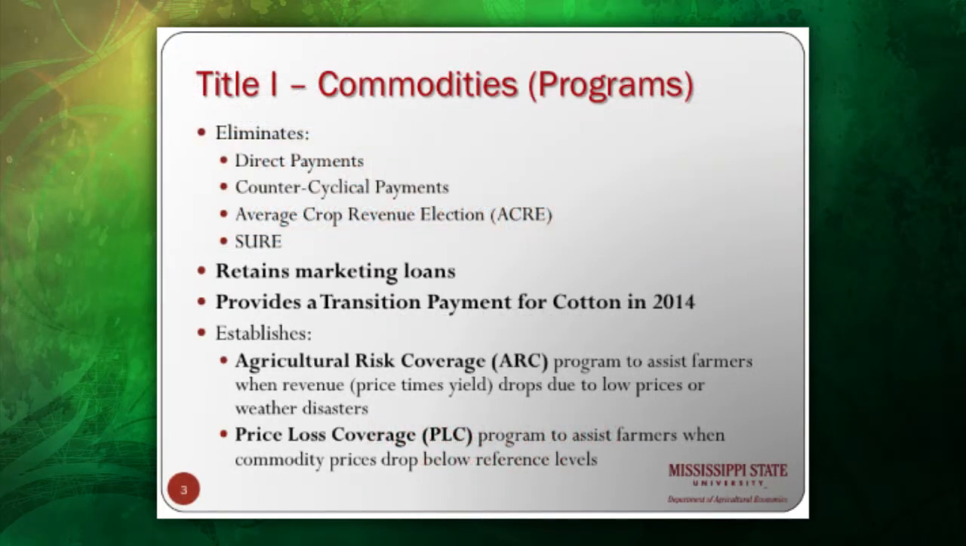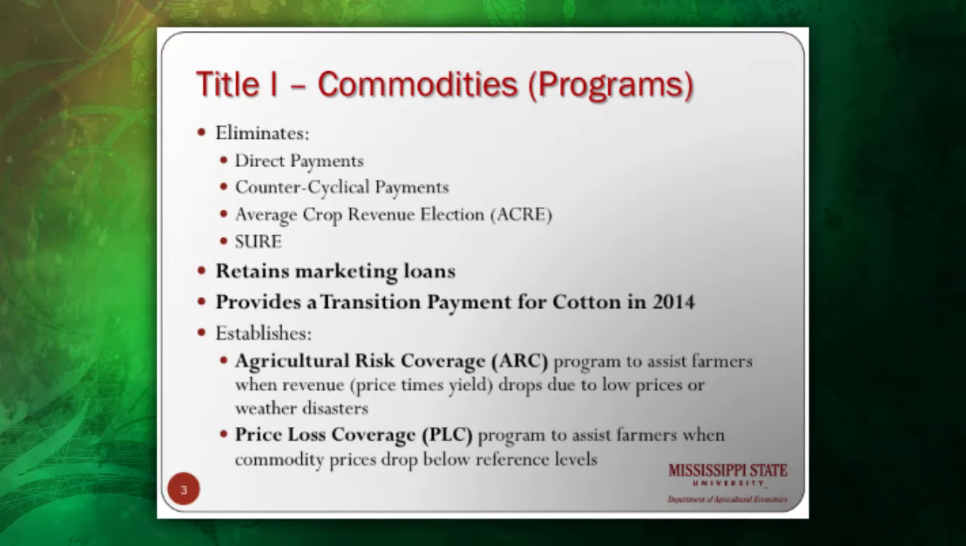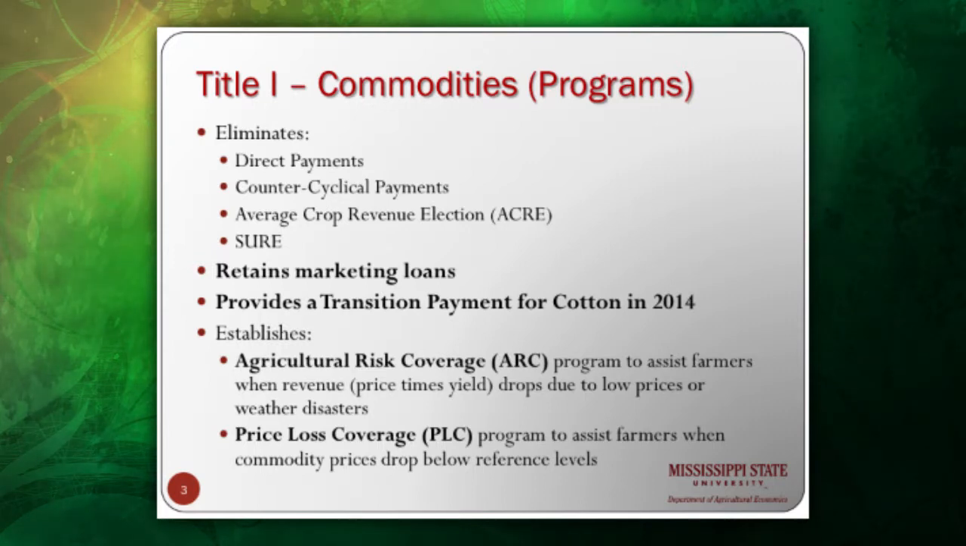Let me begin by talking about Title I of the bill, the commodity programs. Major changes in policy here because of the elimination of the direct payment program, elimination of the countercyclical payment program, the ACRE program that began in the 2008 Farm Bill, and the SURE program. What is retained from the previous legislation are the marketing loan programs, which have existed for a number of years